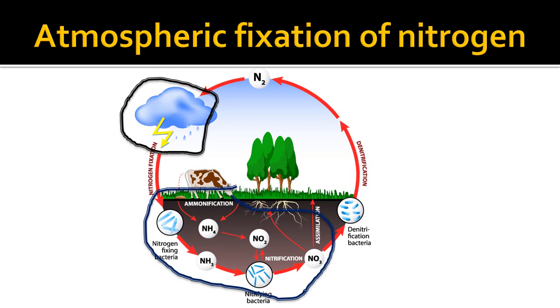NH4 and NH3. So the nitrogen dioxide dissolves in the rainwater and is converted into nitric acid, that is HNO3, which gets added to the soil along with the rainwater, and this acid which is just now prepared reacts with different minerals in the soil and converts into salt, and plants use this nitrogen salt for their growth, or to produce proteins in the plant. So this is how nitrogen fixation is happening by the atmosphere.